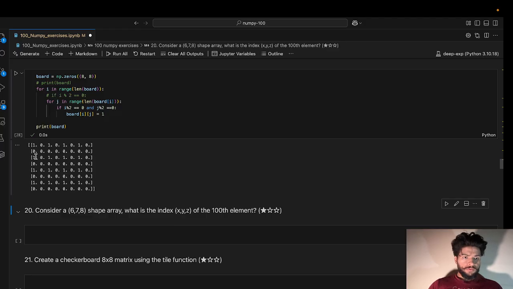Now we have to target for this, basically the odd positions, odd indexes like 1, 3, 5 and 7. So for j if else,